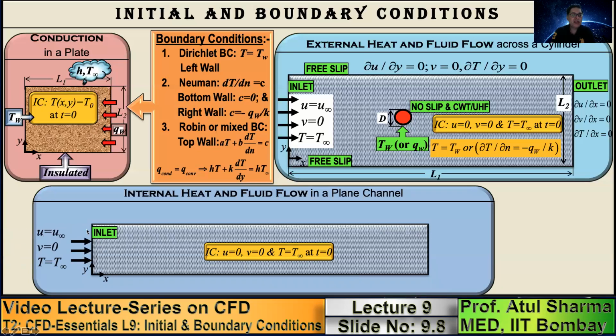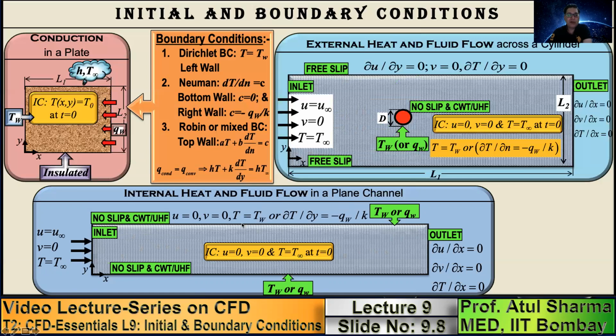Now the boundary condition is at the inlet, the fluid is entering with a constant horizontal velocity, vertical velocity is zero and temperature is ambient. Note that in this simulation, you have to take the length of the domain large enough so that this boundary condition, which you are using at the outlet, is physically realistic. All of you know that for any internal flow problem, there is a fully developed length. So the length of the computational domain which you are taking should be larger than the development length. Then only this boundary condition will lead you to the realistic fluid dynamics.